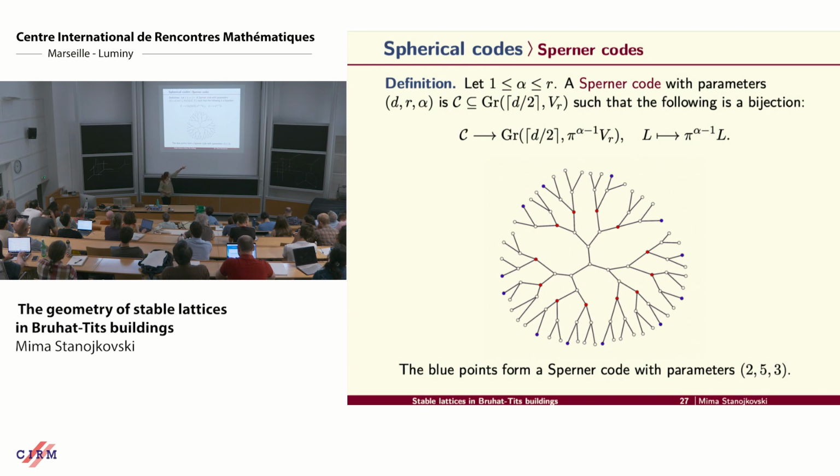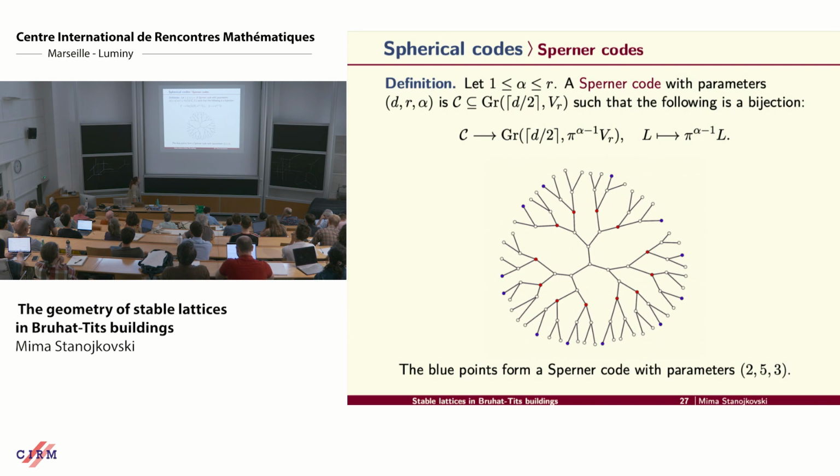Okay, so why do we take alpha minus 1? Because we start from the ball of distance 3, and for each representative on the sphere, we walk down by 2, and we hit one of the red elements. So my code will be the blue. The reds are those ones that I need to hit in a surjective manner. And why one less? Because now I'm allowed to travel one more, and I will hit one of the reds again if I do 1 and 1, so plus 2. So this is how you define a